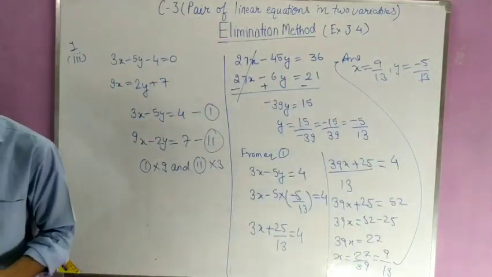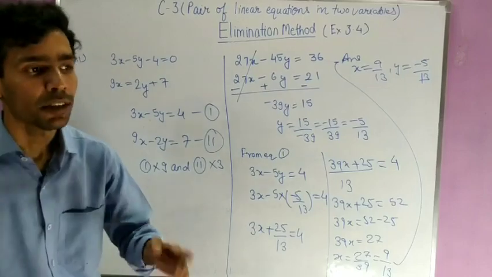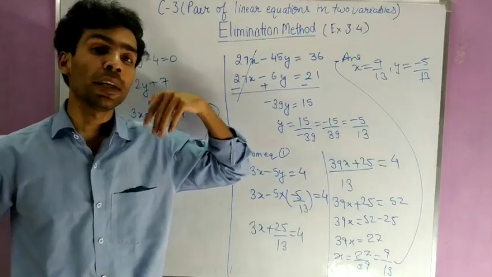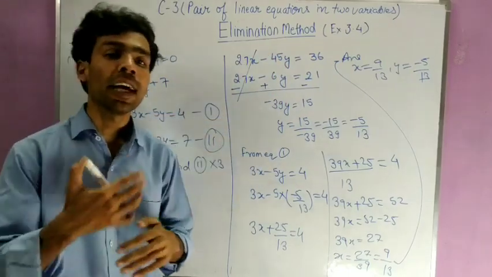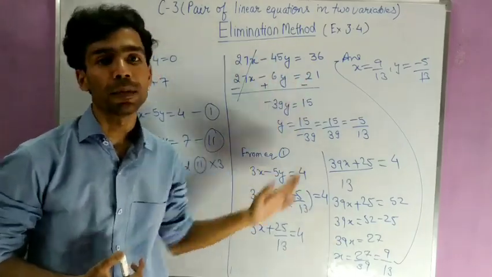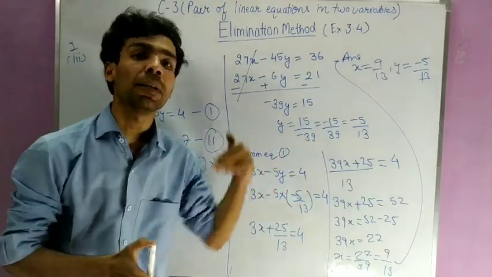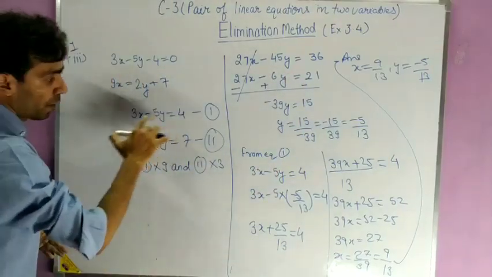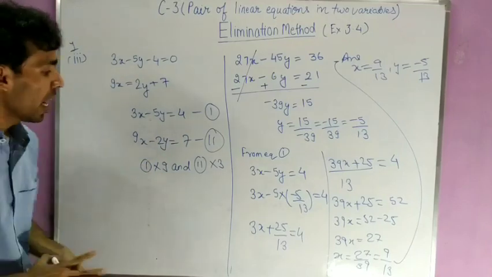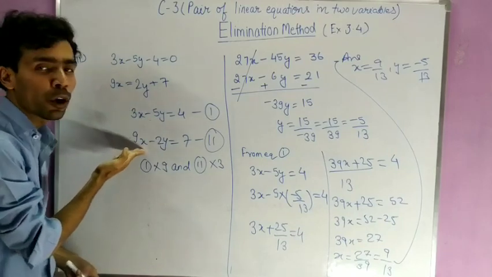So by this way you can solve a pair of linear equations by the elimination method. Okay, you just have to eliminate one same variable. If you want to eliminate x from equation number 1, you will eliminate x from equation number 2 also. And for eliminating any variable, we have to make their coefficient same. Coefficient same means whatever number is associated with the variable, that should be same in both equations. Here we want to eliminate x, but here is 3x and here is 9x. So I have multiplied 9 here and 3 here. So this will become 27 and this will also become 27.